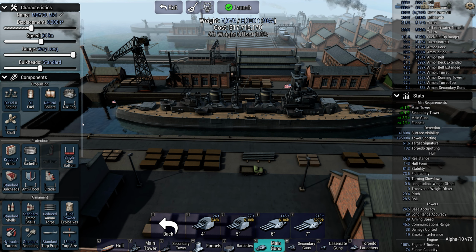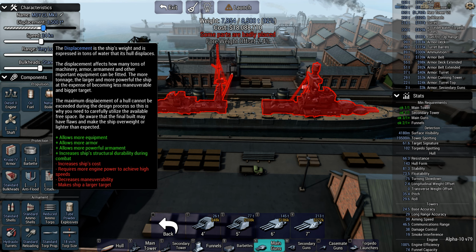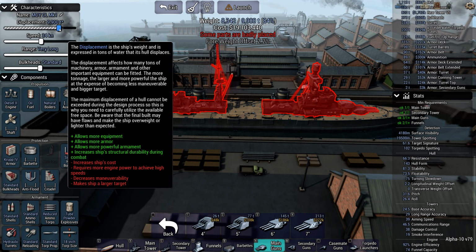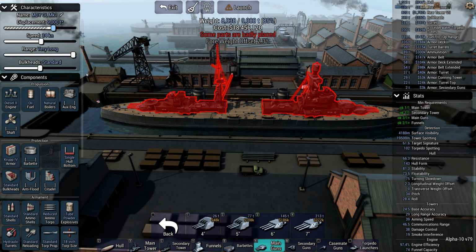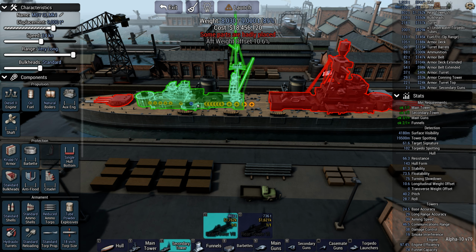Actually, out of interest, if I do go bigger, does it improve my pitch and roll? Yes, it does. So let's go for, instead of 9, let's go for a 9,000. That makes it more like the Brooklyn, as far as I remember, in terms of size. Yeah, in fact, Brooklyn was even bigger than this. There was like a maximum displacement. Okay, so we'll do this for the improved